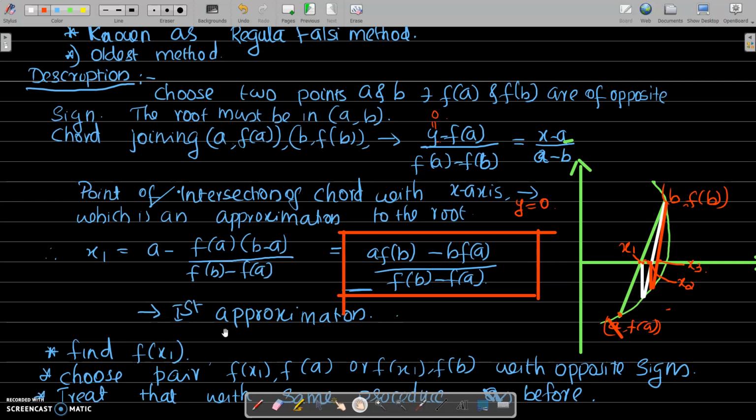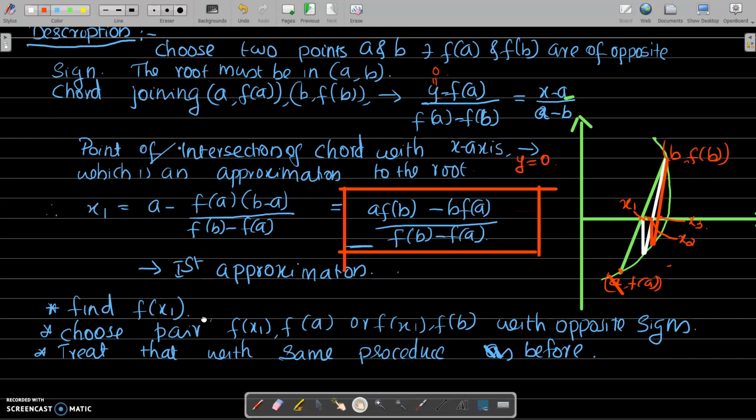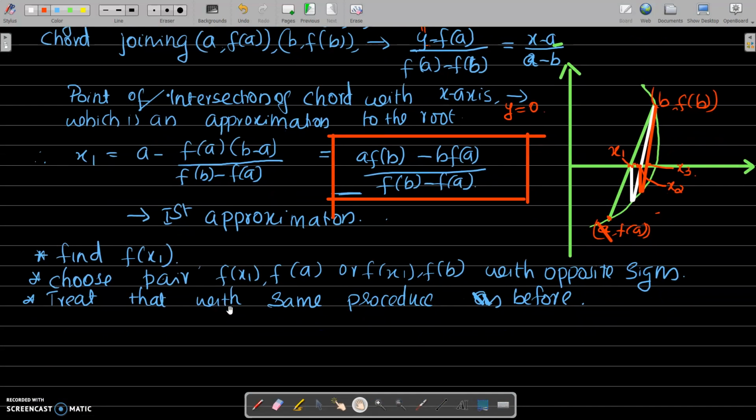And next evaluate what is f of x1. So we have to check whether it is greater than 0 or less than 0. So choose the pair of points. We know from the last class, we have already discussed these conditions, that if a and b is a line and this is x1, we have to choose the next point such that